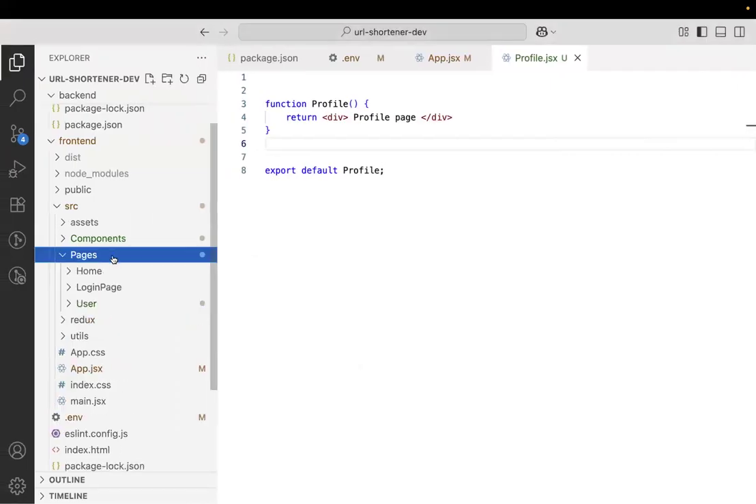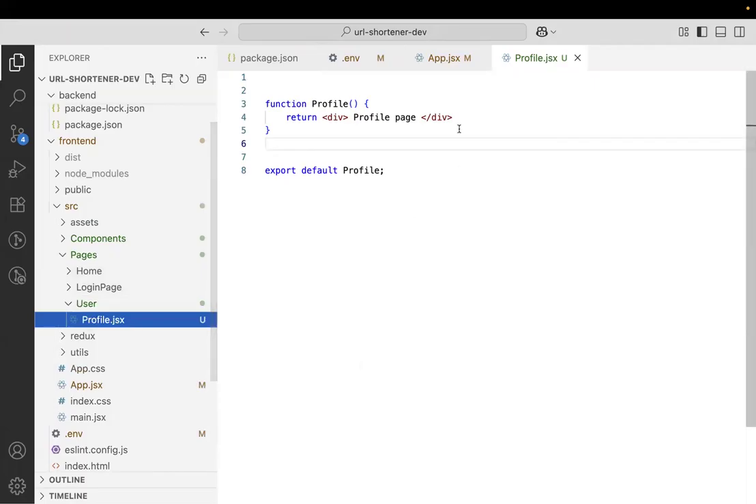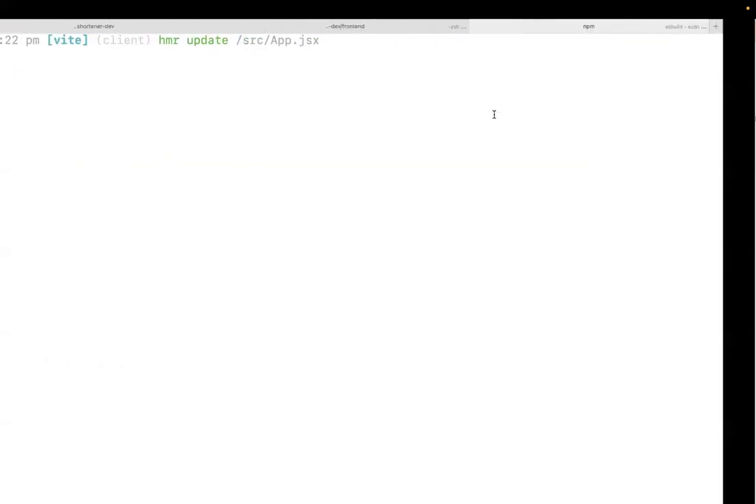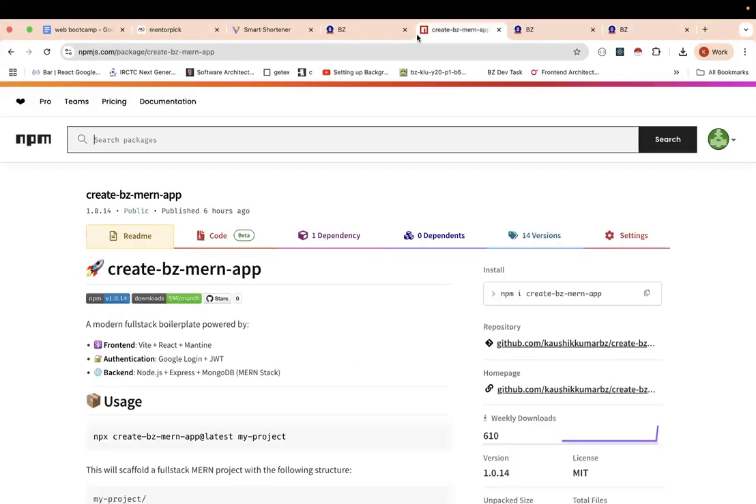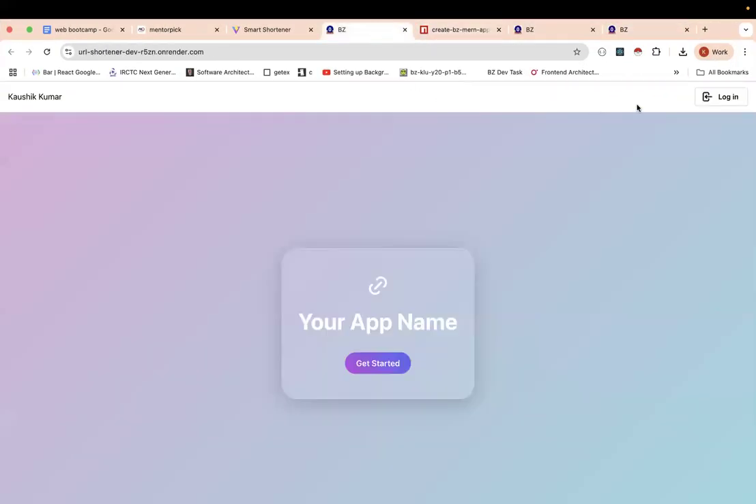So let me create a few more components. Let's say how we want to design this profile page. In the profile page, we want all these things. Let's say if I take you